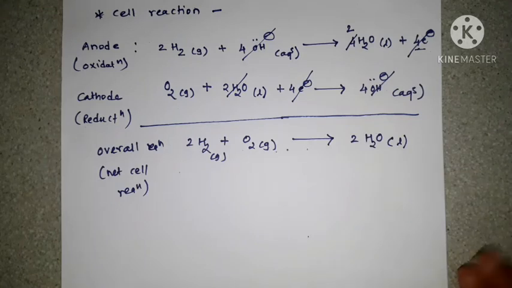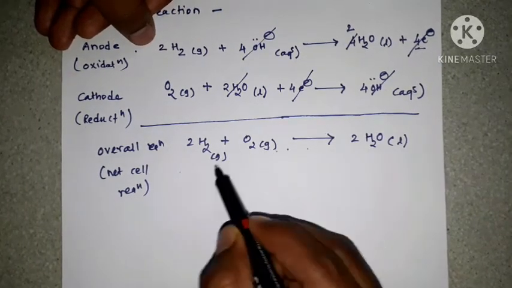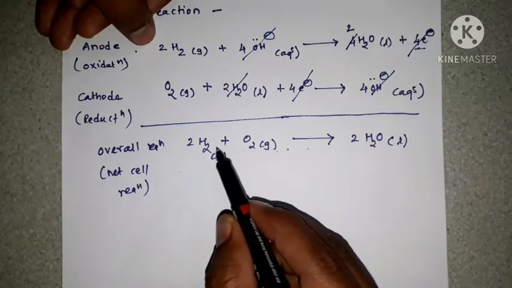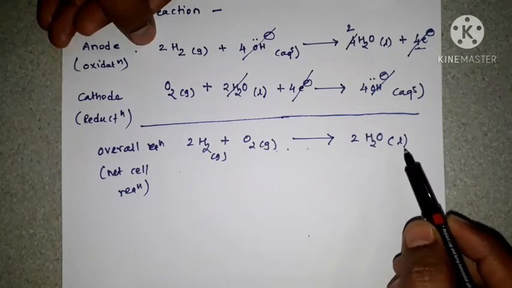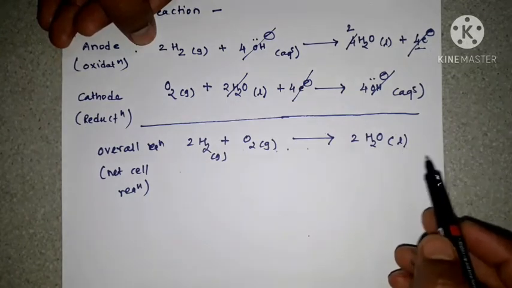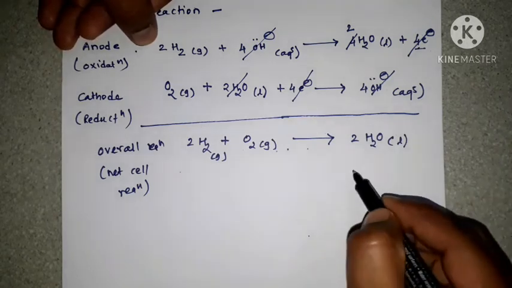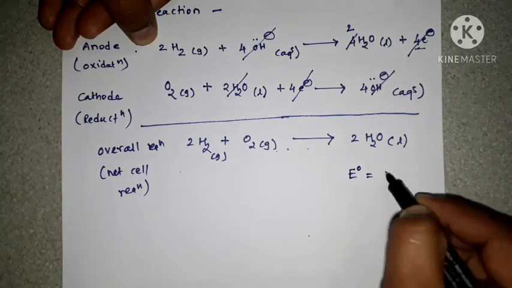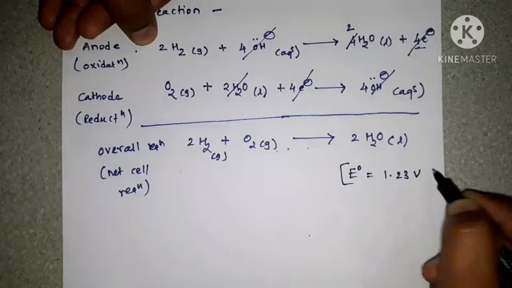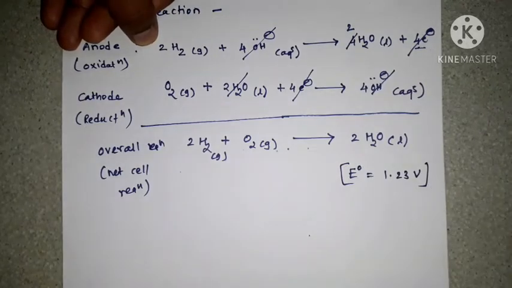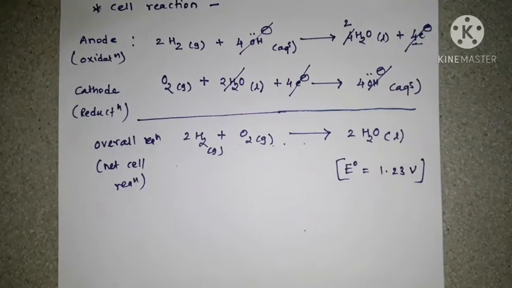Do you know what happened here? Hydrogen gas reacts with oxygen, or both gases when taken at anode and cathode, then formation of water takes place and electric current is generated in the hydrogen oxygen fuel cell. Okay, the E0 of this cell reaction is 1.23 volt. Electrode potential required is 1.23 volt. Okay, then